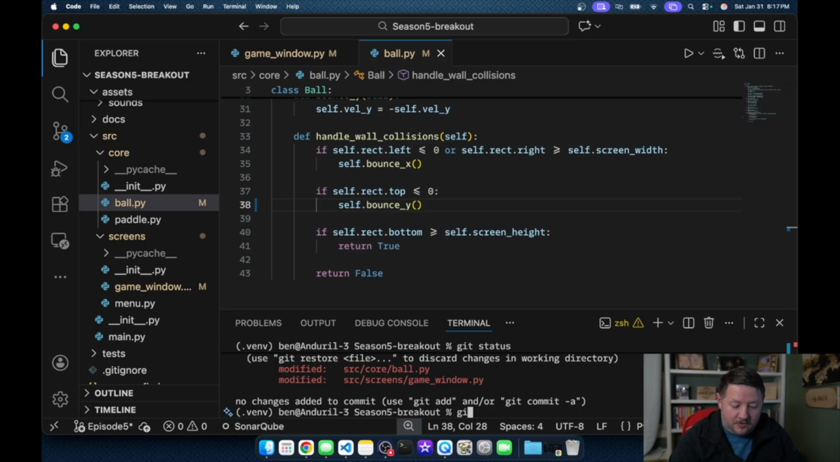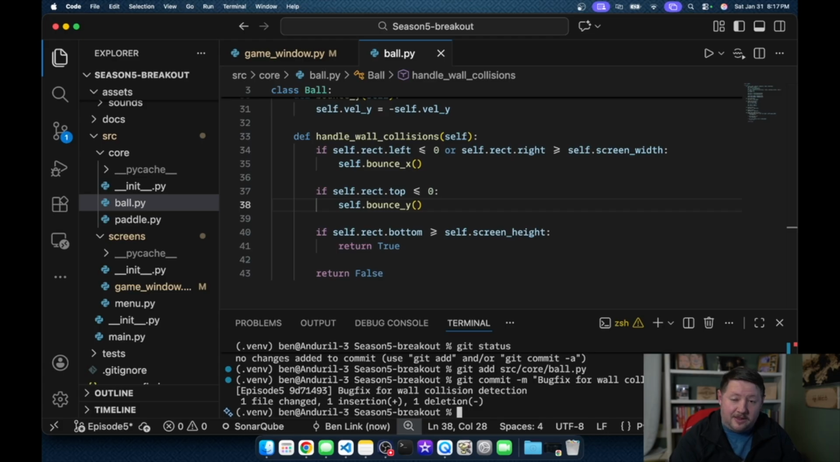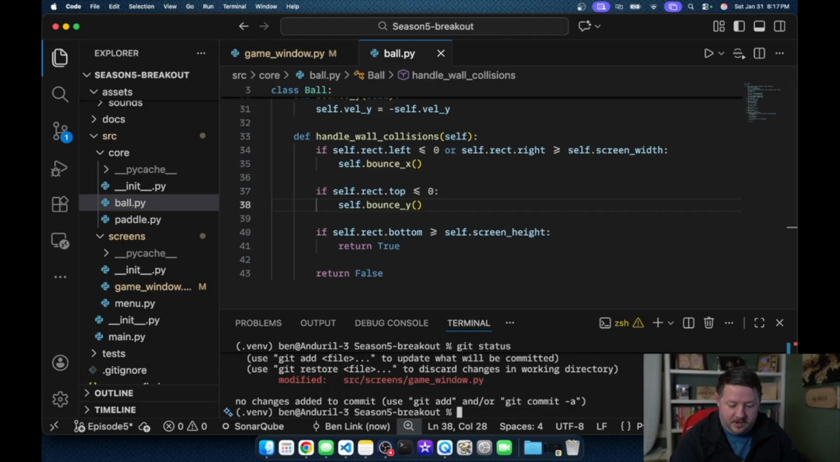So I can do a git add source core ball.py, and then I can do a git commit, but instead of the -a, I'm just going to do the -m. And here I'm going to put bug fix for wall collision detection. Okay, now look, when I do git status, I've only pushed up the changes to the ball. So now I'm going to do git commit